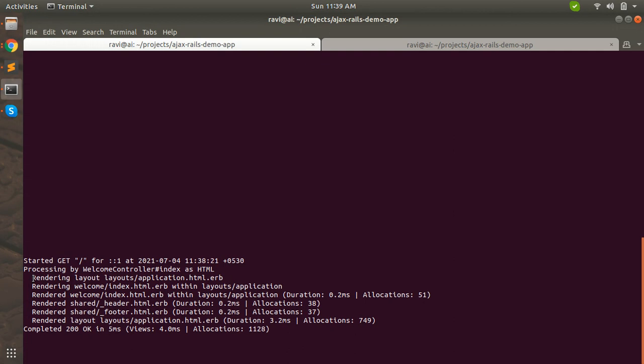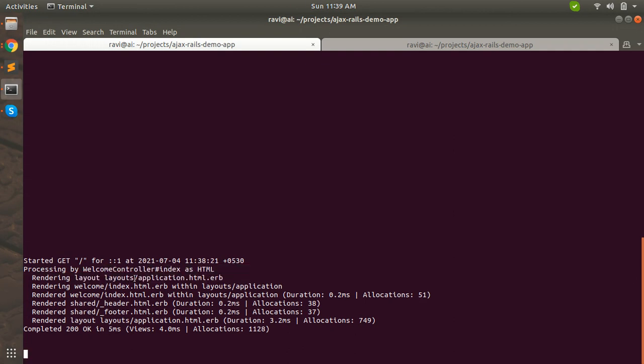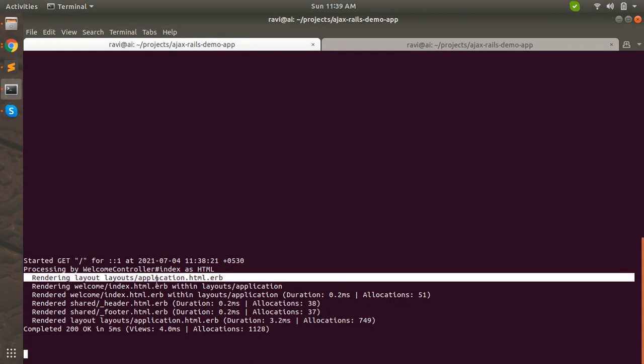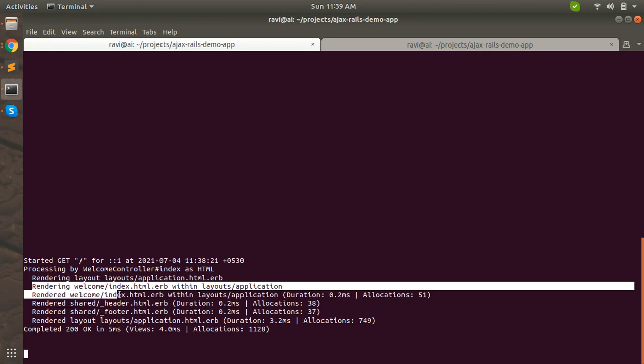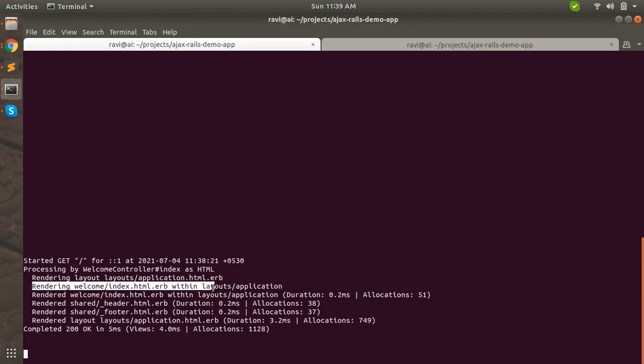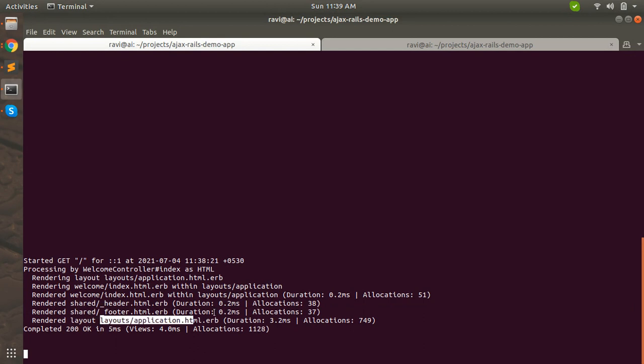By default all templates are rendered inside the application layout, so it is rendering the layout application.html.erb, and in that layout it is rendering the welcome controller's index template. You can also see that it is rendering the header and footer templates that we created in the last videos, and then again it is rendering the layout. So this is how it works.